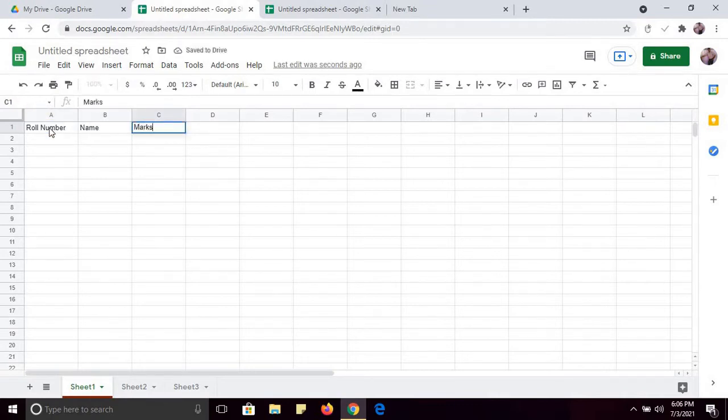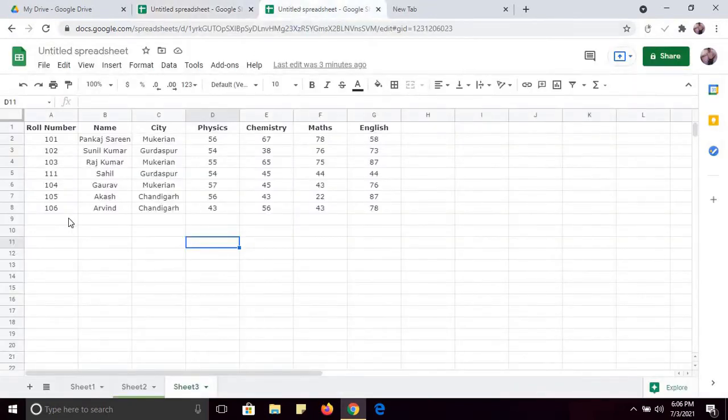Now I am going to discuss features of this Google Sheet. This is the sheet that I have already created, so let's insert some more data. Roll number 108, name is suppose Rahul, and city is Chandigarh, and physics marks 45, 55, 44, 56.